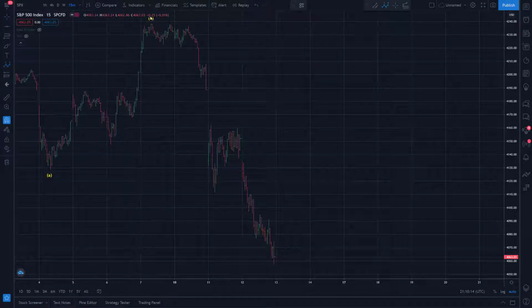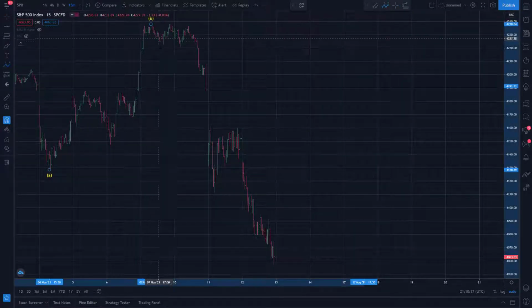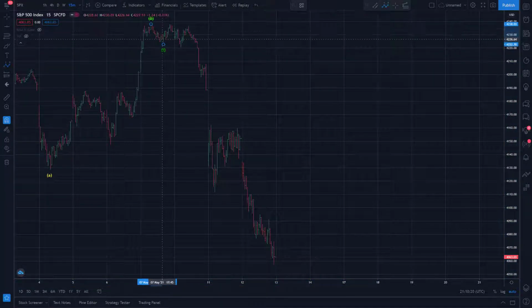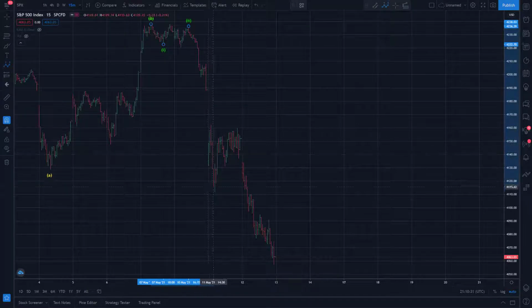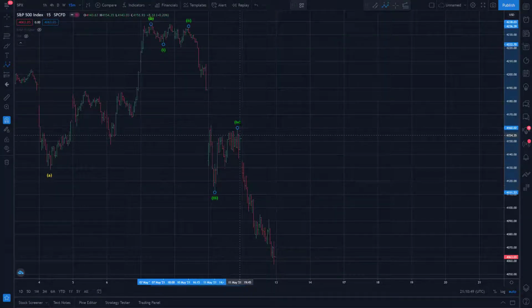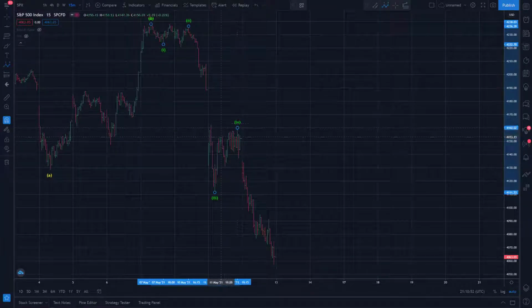So I would say, okay, we got a little wave 1, and then this is probably A, B, C running flat wave 2, and then looks like we got a 1, 2, 3, 4, 5 of 3. This is our, well, we'll just call it ABC up for 4 without going into too much detail. A 3-wave move up, whether it's ABC or WXY. I'd have to go on maybe a 1-minute price chart to get all the subdivisions, but clearly an up, down, up sequence. So a 3-wave move up for wave 4.